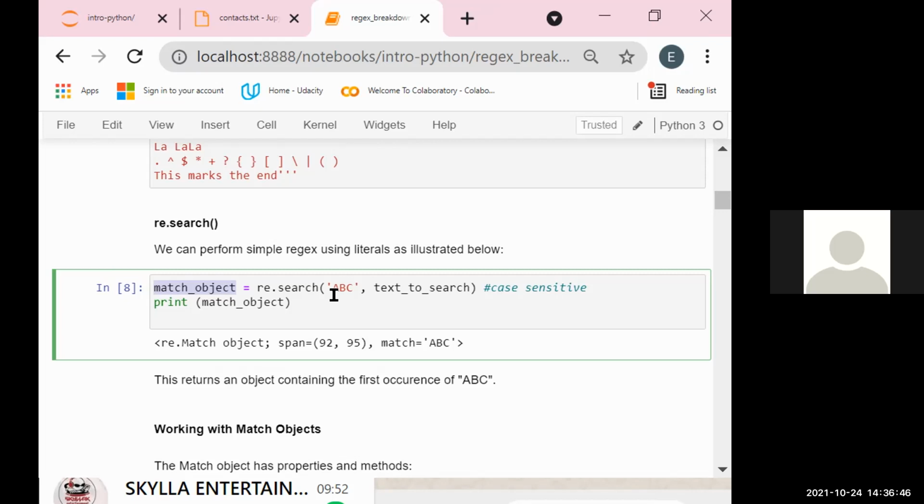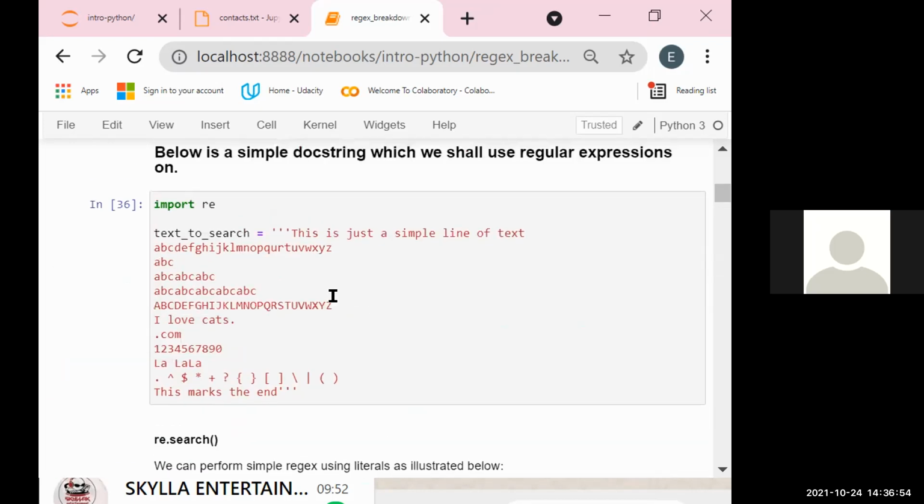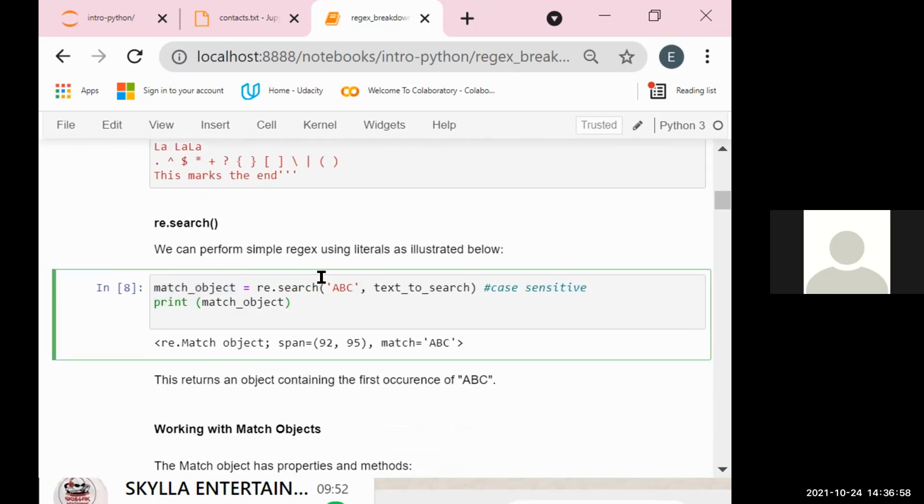We want to search for the pattern ABC, capital A, capital B, capital C, inside the text to search. I put all this in the variable text to search. So you're searching for this pattern and you want to find the first occurrence of it. So if I run this, I would get